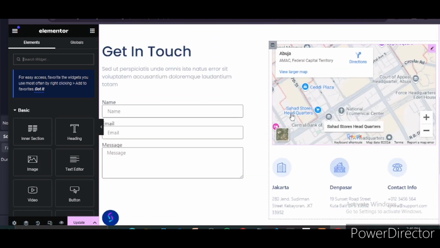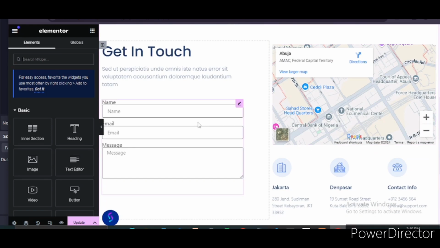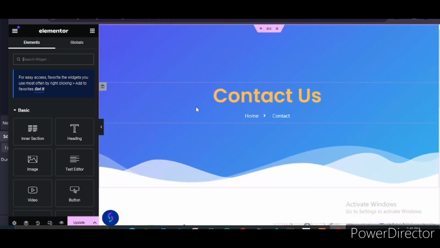All you have to do is try to be creative around all of these things. Elementor is one of the simplest page builders that you can make use of. All you need to do is understand how it works. Always make sure you edit the section first. Then after the section, you can work on the column. Then after it, you can work on the elements. So that is it. You have come to the end of this